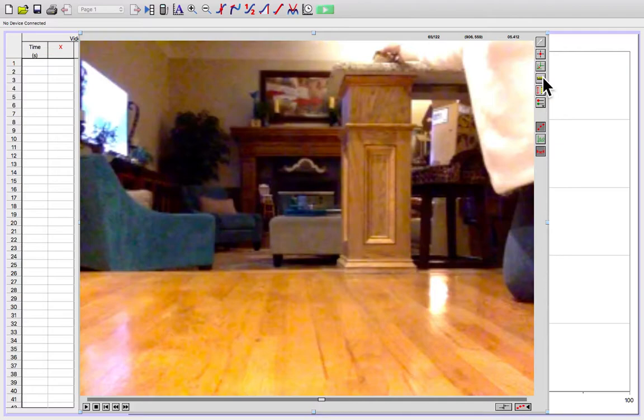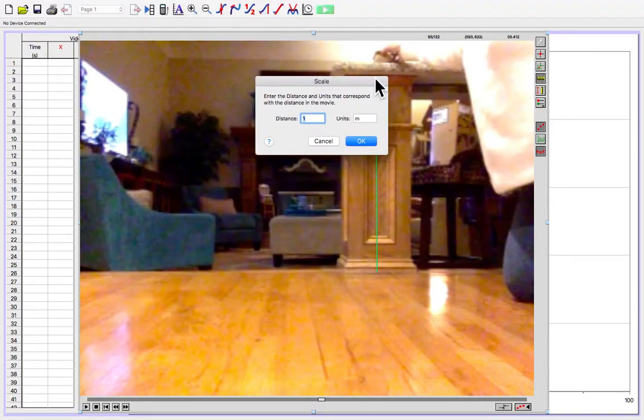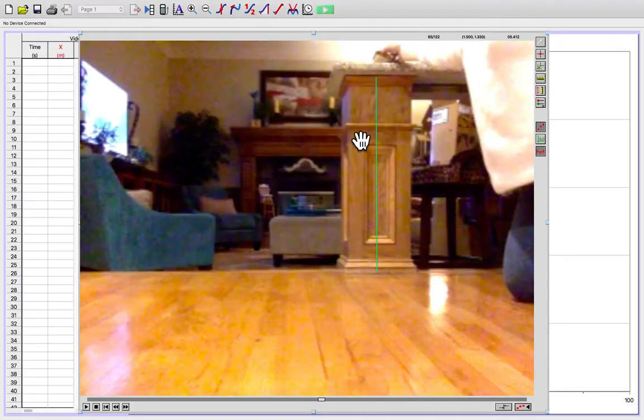There we go. First thing you need to do once you have it positioned is go in and set the scale. So that's the third one down right here. It brings up this cursor. I apologize, I don't have a meter stick at home, but I happen to know that this is approximately a meter tall. So for the sake of what I'm going to do, that's going to work. You're going to have a meter stick, so you're going to know what's exactly a meter. So I'm going to click OK, and it's going to set the scale,